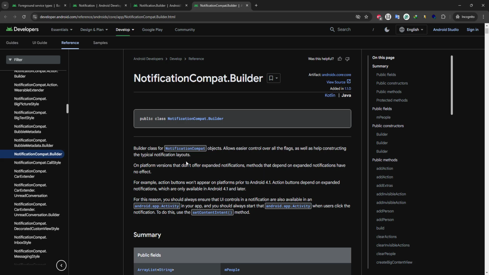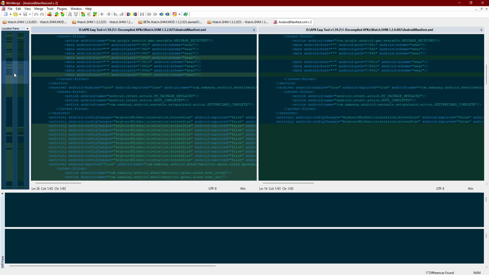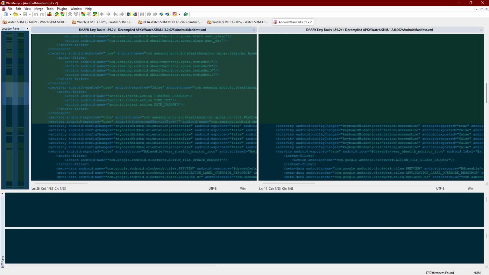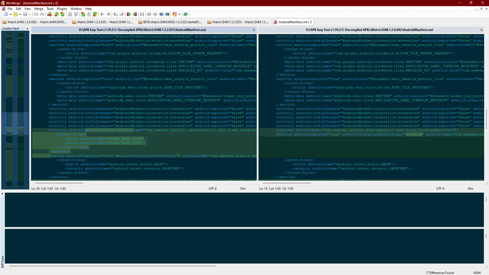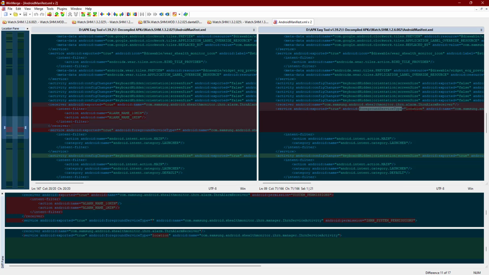The other thing is, when I was looking at the manifest earlier, I just didn't tell you. Let's have a look and see the IRN service. So this is not IRN. Just scroll a little bit down. Here we go. You could literally see that for the service, we have a foreground service type. In here they declared it as location. In here they have declared nothing.